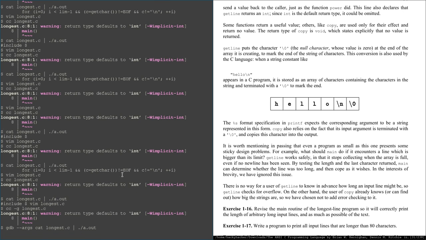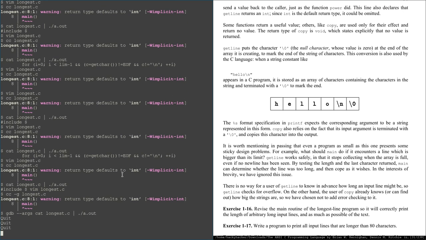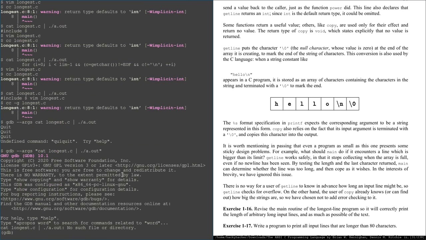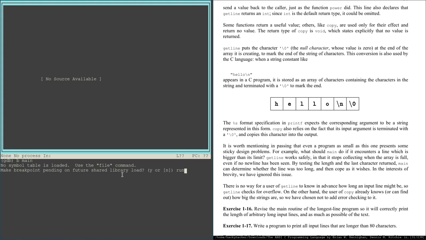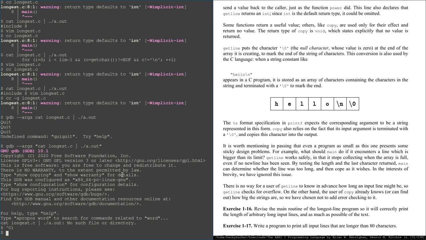I'm not sure if this is gonna work. Oh no. How do you debug something with a pipe in it? I have no idea. I don't think you can do that actually. I mean, there's probably a way, but